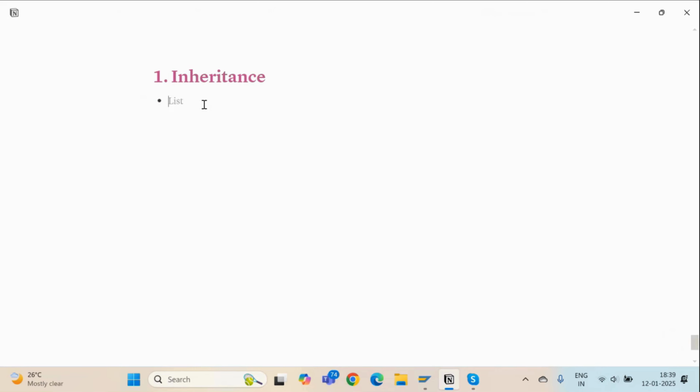Inheritance is creating a child class or subclass, same thing, just different words, from a parent class. So what does it allow? Inheritance allows us